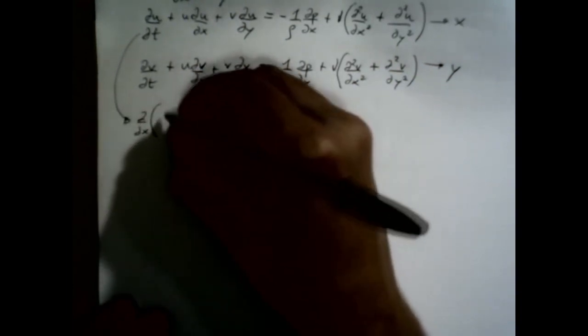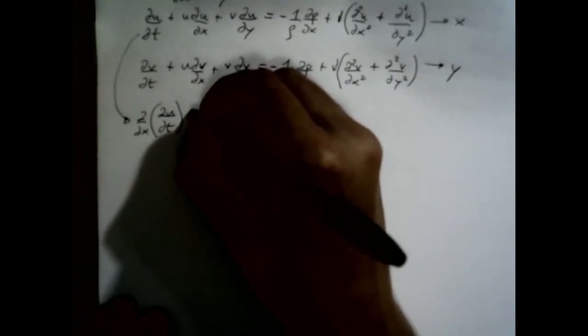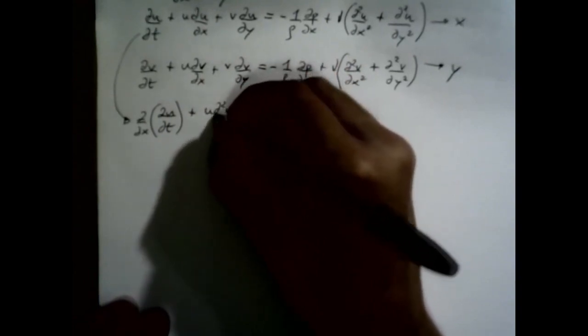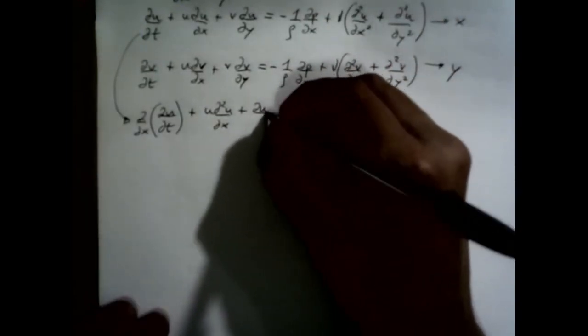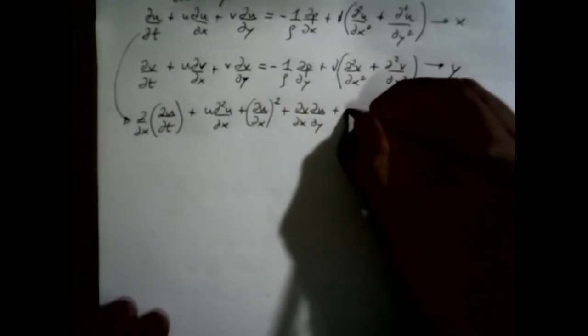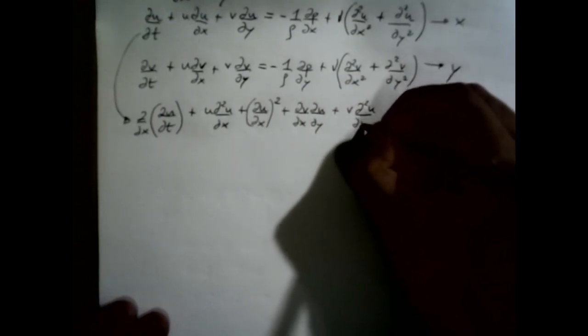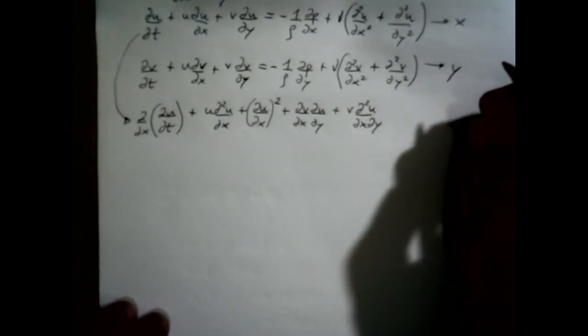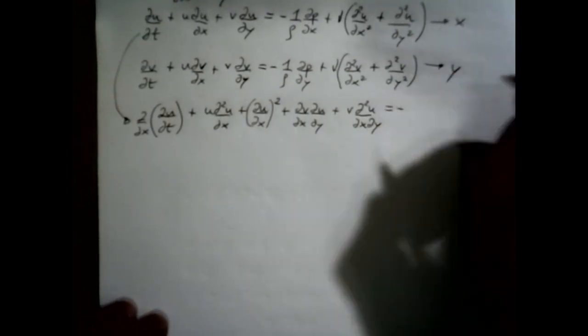Taking this equation and differentiating with respect to x, we get as follows: plus u squared. Remember, on this term you have to apply the product rule, so this term here will appear squared plus dv dx du dy plus v equals minus